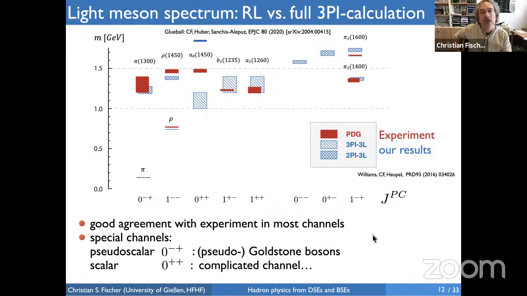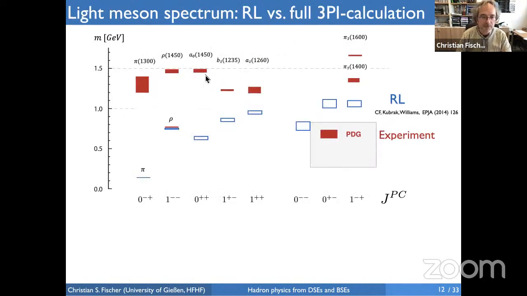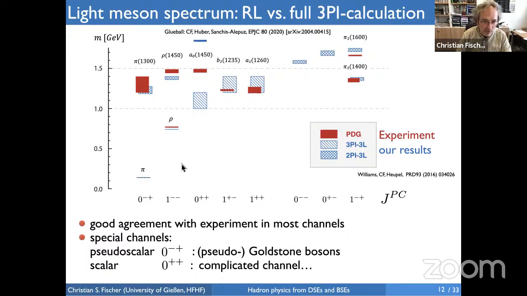Speaking of the glueball, we actually also find the glueball here in the 0++ channel at around 1700 MeV. And that's very interesting. So this is certainly something which we should look at in more detail. I will come back to this. But before we come to the glueball, let's have a look at the missing states here, at the states which we believe are not q q-bar states, but actually four-quark states.